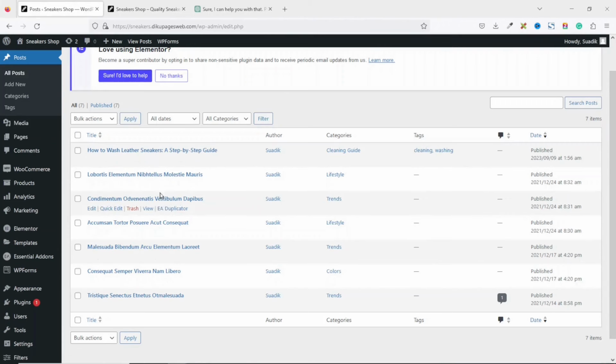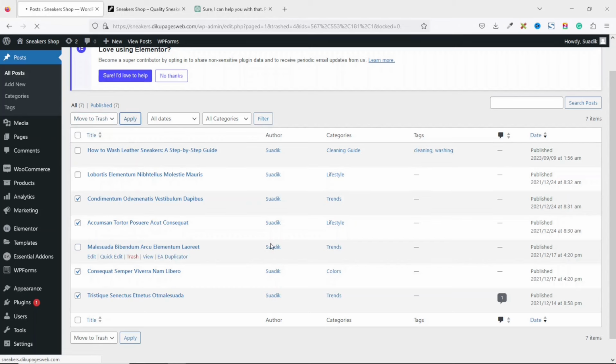Assuming I want to delete everything, I'll just click on the select all checkbox and all the blog posts will be selected. But I'm going to assume I need this, maybe that, so that I'll have 3 blog posts to be displayed on the front end of my website. Upon selecting the ones I want to delete, I go over to bulk actions, move to trash, then click on